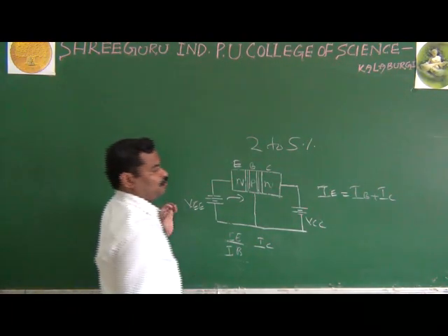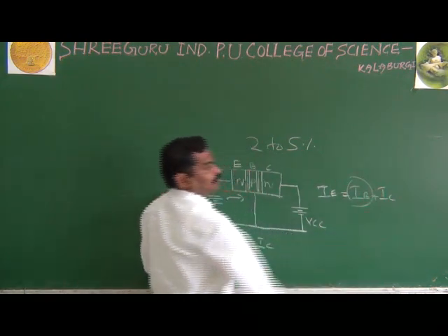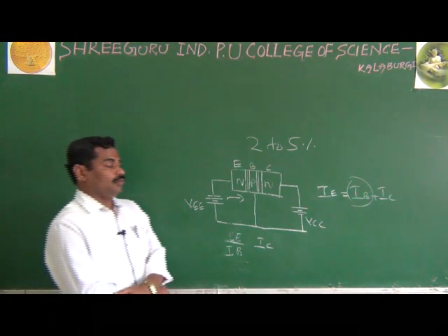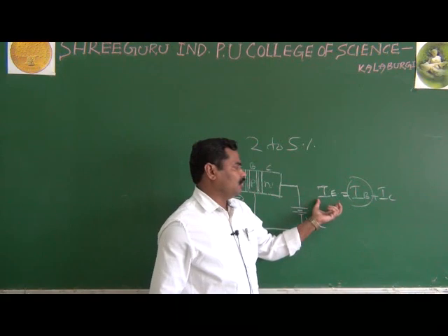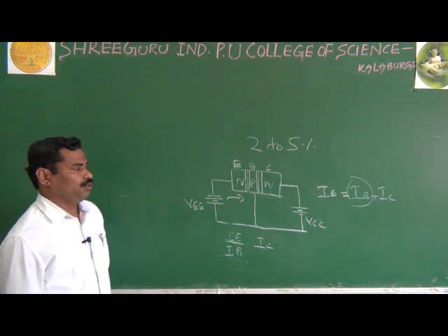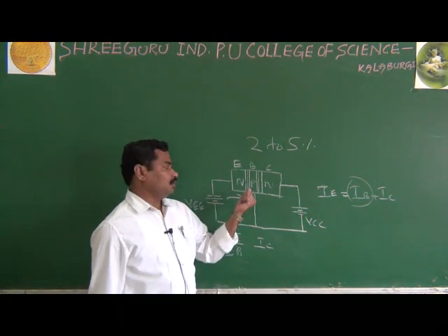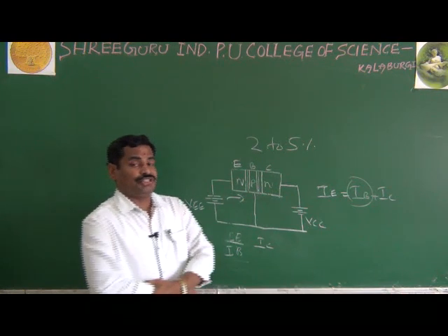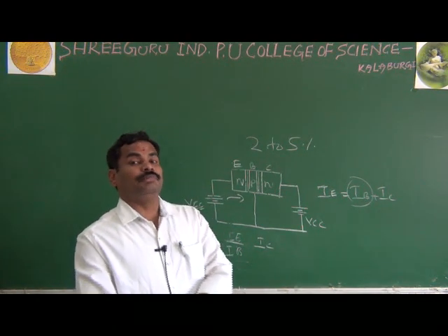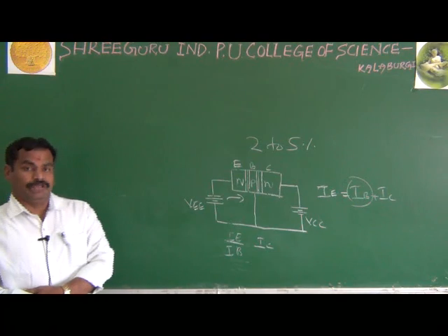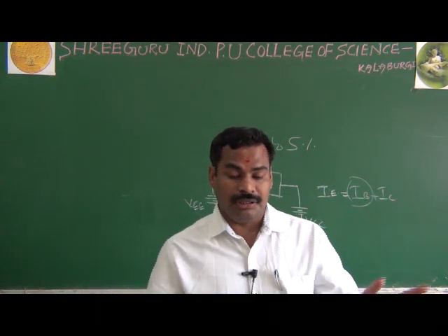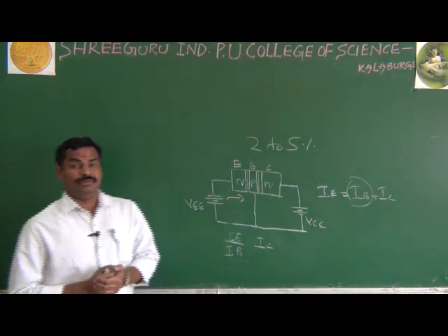You may have one confusion: how do you get the base current? We have no doubt about the emitter current and collector current, because the moving of electrons and holes gives the current, as we know already. But you have some confusion about the base current, because I said that whenever electrons and holes recombine, they give the base current. But we know already that when electrons and holes combine, they are neutralized and disappear. Then how do we get the current?